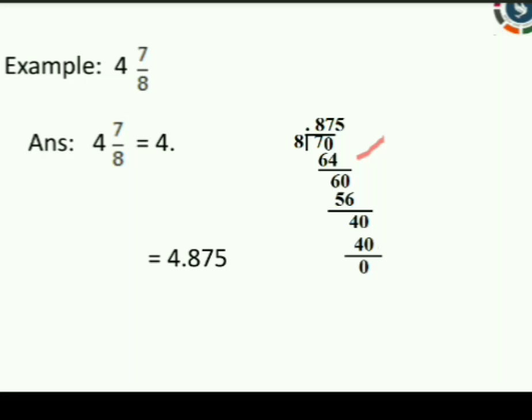If you done subtraction, you'll get answer as 4. 4 by 8 is not possible. So again I am going to add one 0, 40. So 8 5s are 40. You'll get remainder as 0. Now check the quotient. 0.875 is your fractional part. While writing answer, first you should write the whole part 4. Then the quotient is your decimal part. So your answer is 4.875. So mixed fraction 4 7 by 8, which is equal to the decimal number 4.875.